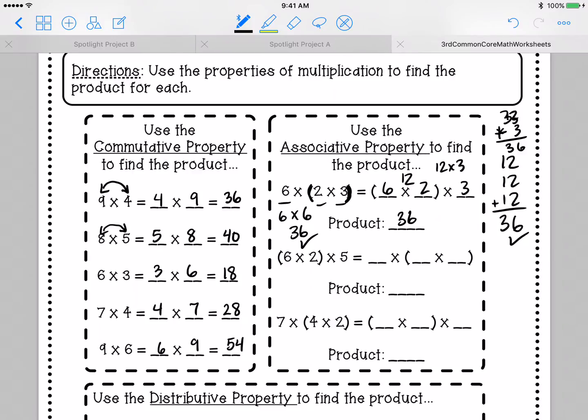Okay, so now that we've practiced, we know that all that happens is the numbers stay the same, they stay in the same order, we're just moving the parentheses around. So we're going to do 6 times 2 times 5. You practice the numbers in the parentheses first. 6 times 2 is 12. 12 times 5